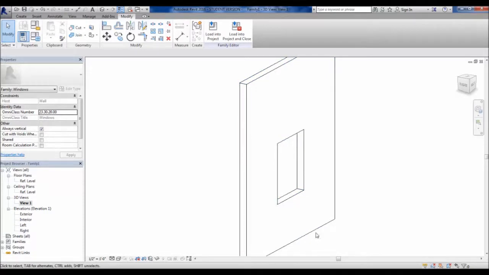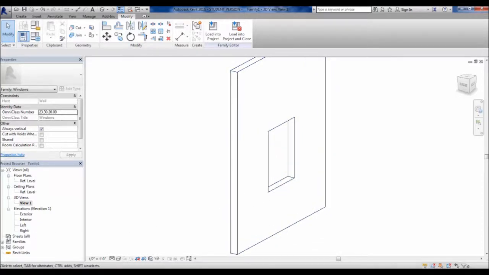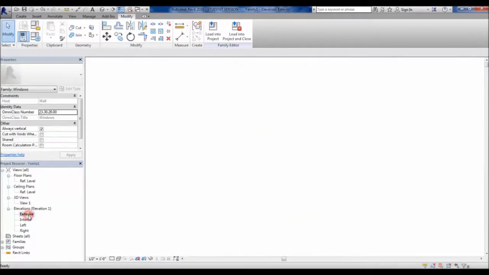Also, because it has the wall here and has the opening in it, Revit automatically has this set up as a hosted element, so you won't have to worry about hosting this to anything and go through that whole hassle. The window will automatically be hosted, so it'll put itself into a wall and cut itself out when you place it into your project. But you can also see, if we go to your elevations here, let's say exterior,